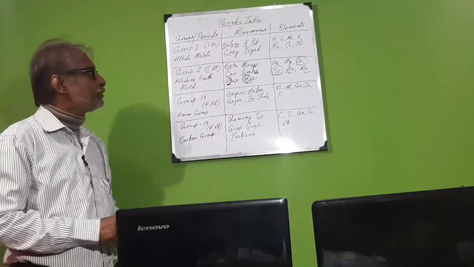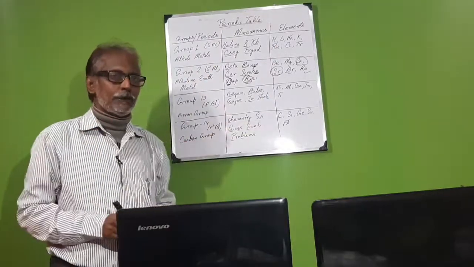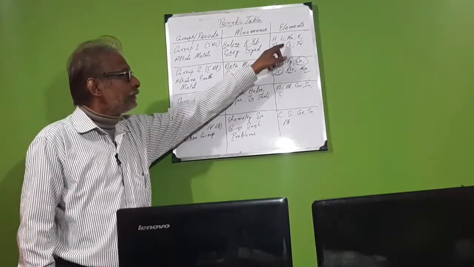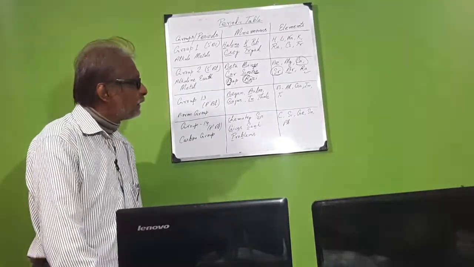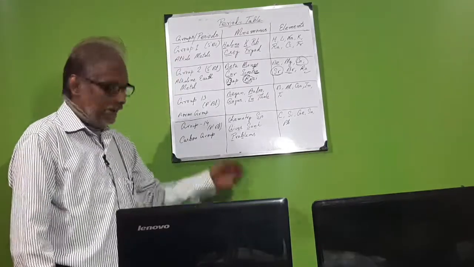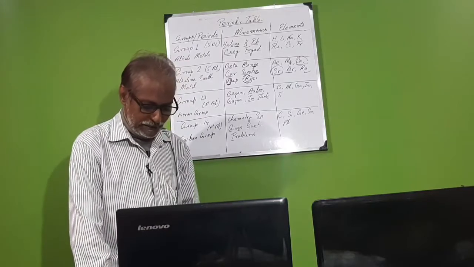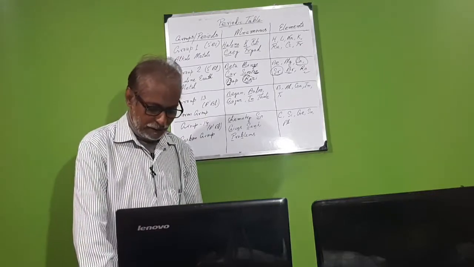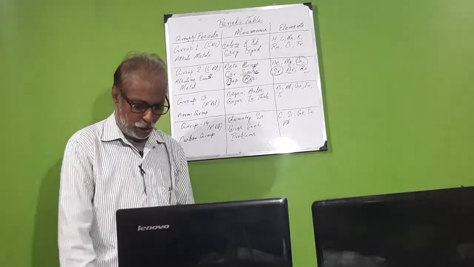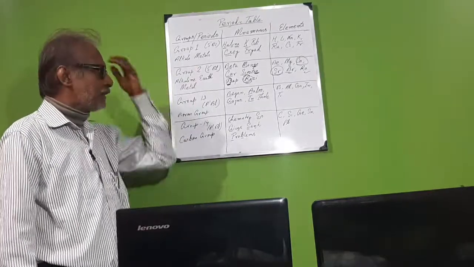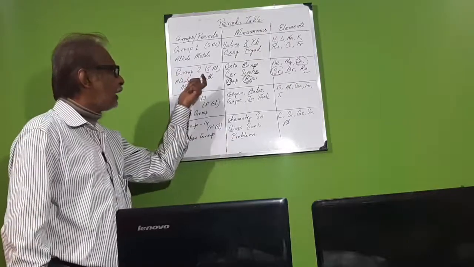Now first, I am starting with the elements. What are those? H, hydrogen. Li, lithium. Na, sodium, then K, that is potassium, right? Then Rb, that is rubidium, okay? Then Fr, that is francium. So you understand, this group belongs to the alkali metals, and I have to discuss one by one after completing